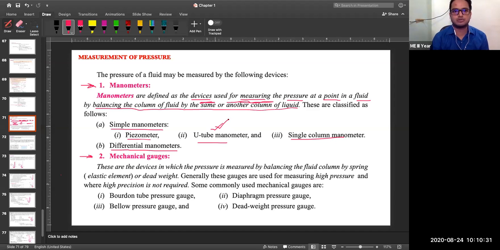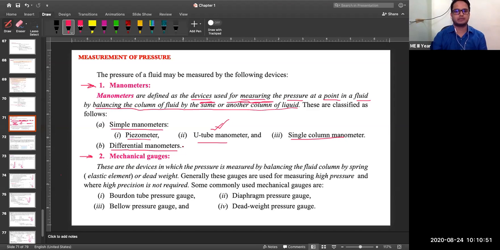Theoretical questions can also be asked. What are the different ways to measure the pressure at a point in a fluid? Then you have to write down this complete. There are two devices. First is manometer, another one is your mechanical gauges. So the second type of manometer is